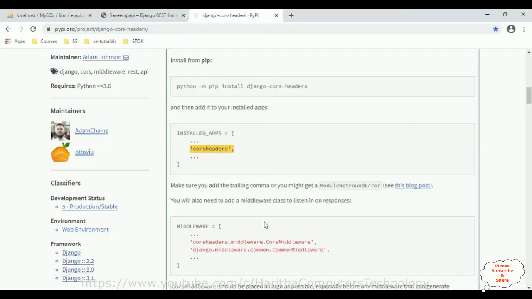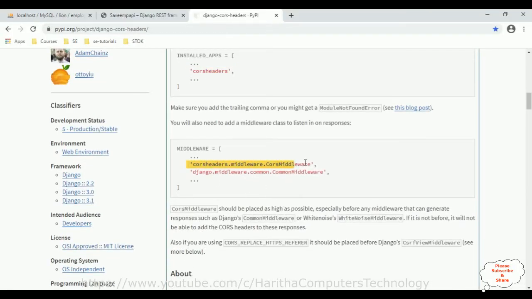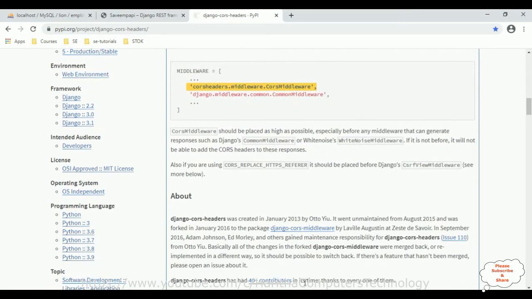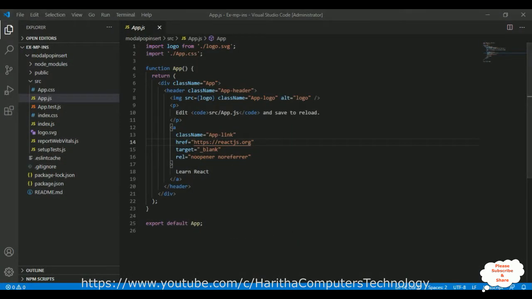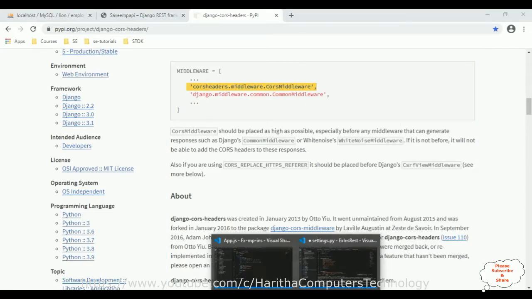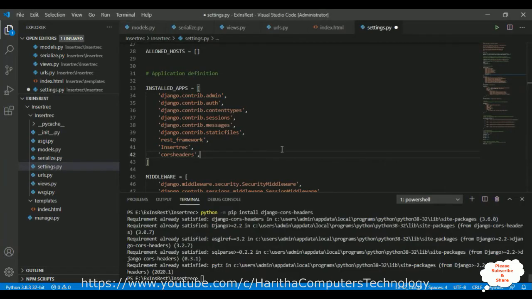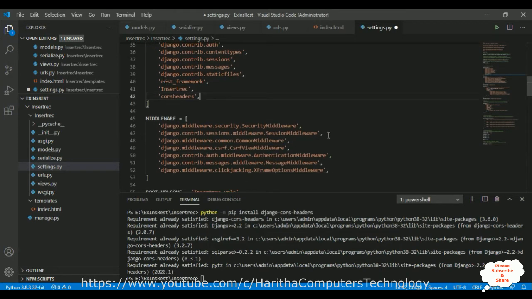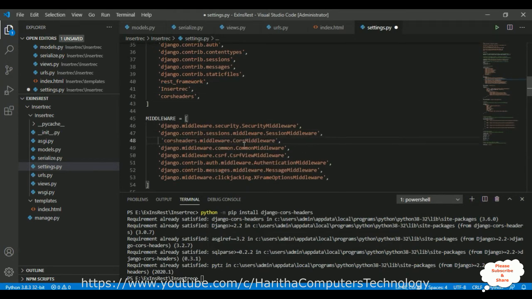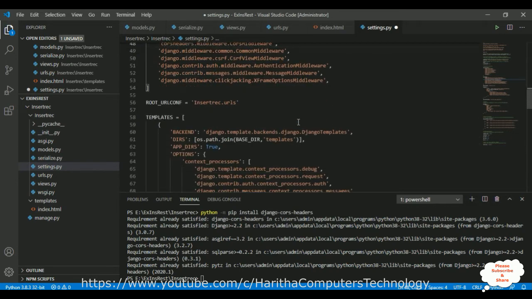After that, the CORS headers middleware. Copy this one and paste it in the middleware, above the Django middleware. And the last step,